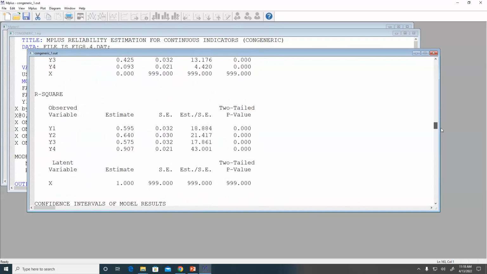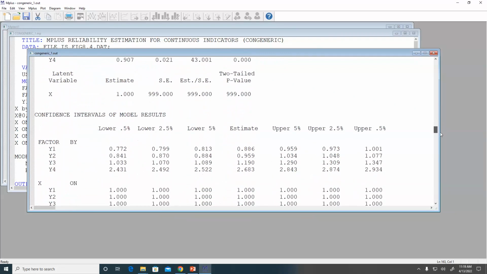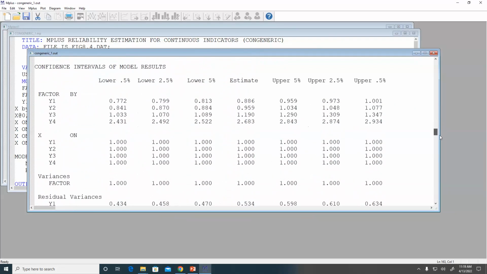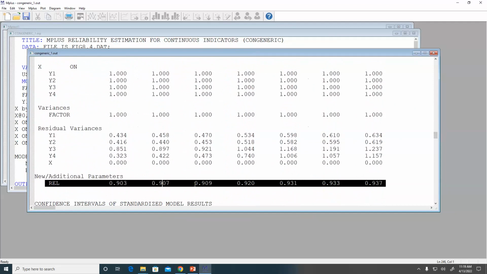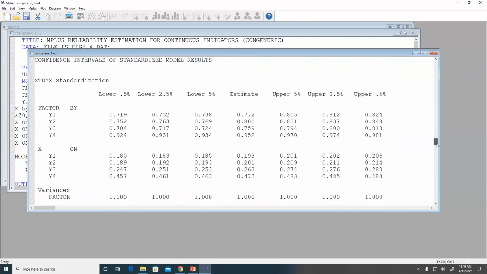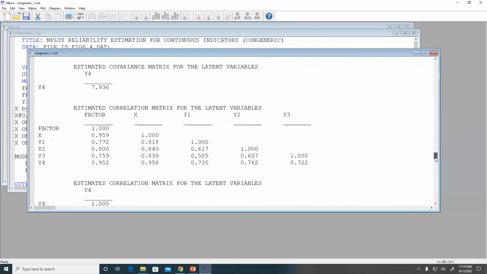Come down here. One of the things that's nice here is that with the confidence interval, I actually get a confidence interval for my reliability, which is great. So I don't just get the reliability, but I get the confidence interval. Okay, but now remember, I want to know,